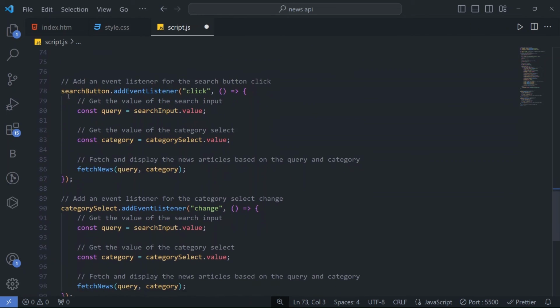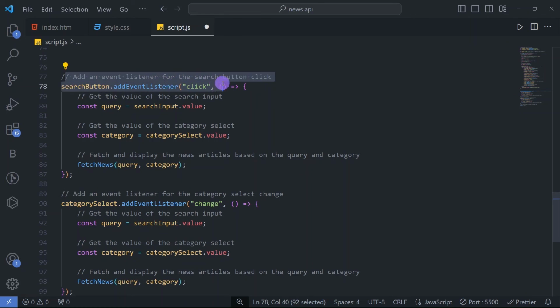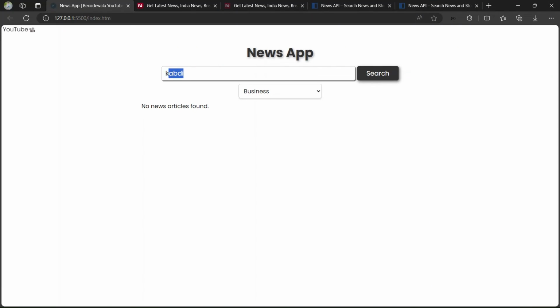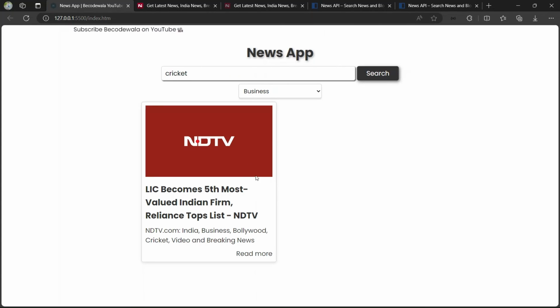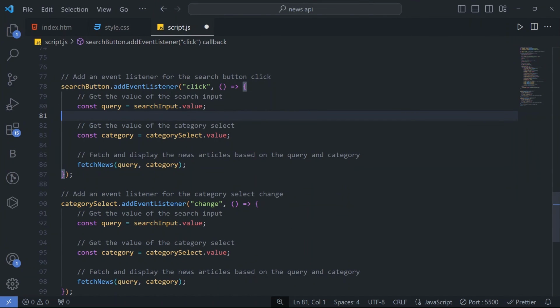So let's see the event listener for the search button and button click. When you click on the search button, our news is displayed. I'll show you cricket. When I click on the search button, our news is displayed. How? For that we create an add event listener for the search button, and whatever input we have given is passed through a constant query. Whatever search input we have given, cricket, that value will be passed into the constant query, and